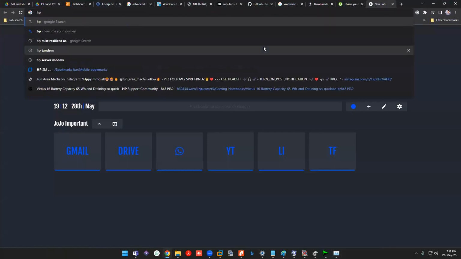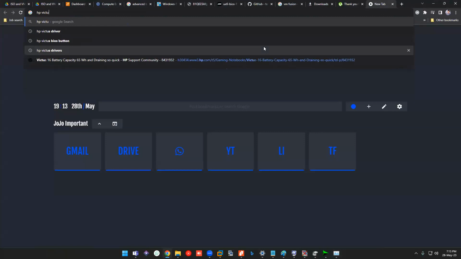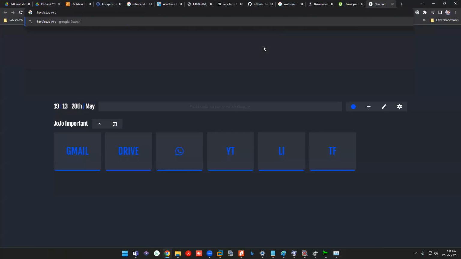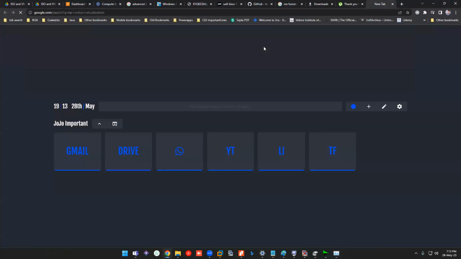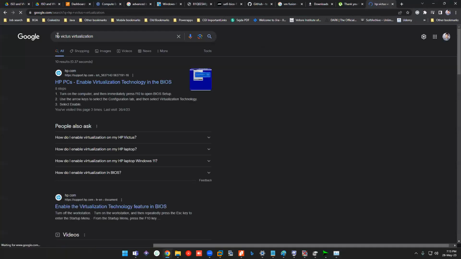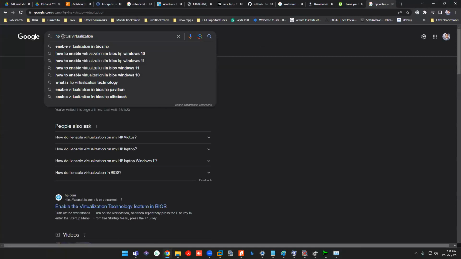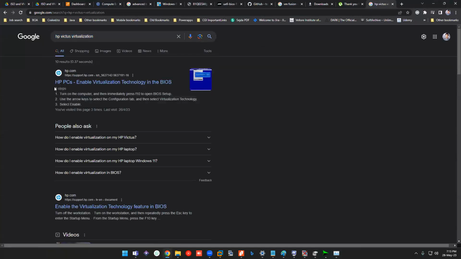Let's say it is an HP laptop; in my case I have an HP Victus. So just search with your vendor and model name plus virtualization, how to enable that. The very first link will be your official one, so you can follow that guide.